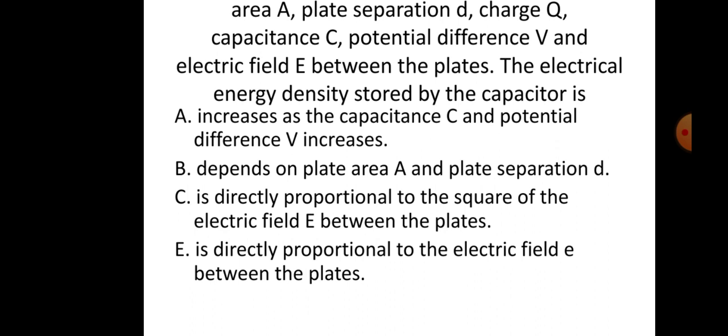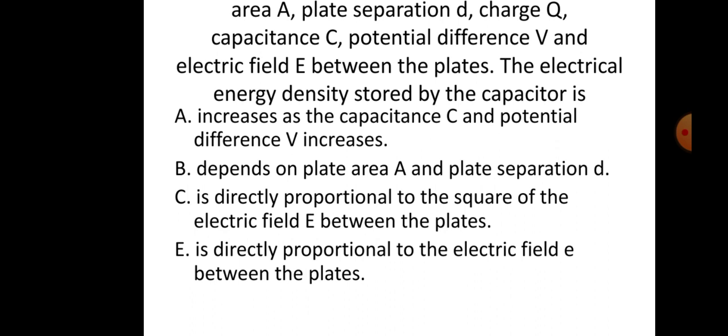Dielectric material ማለት an insulator which is inserted between the two plates and it is used to increase the capacitance of the capacitor. ስለዚህ charge stored on the capacitor አንደኛው positively charged ስለሆነ ሁለተኛው negatively charged ስለሆነ there is a field,